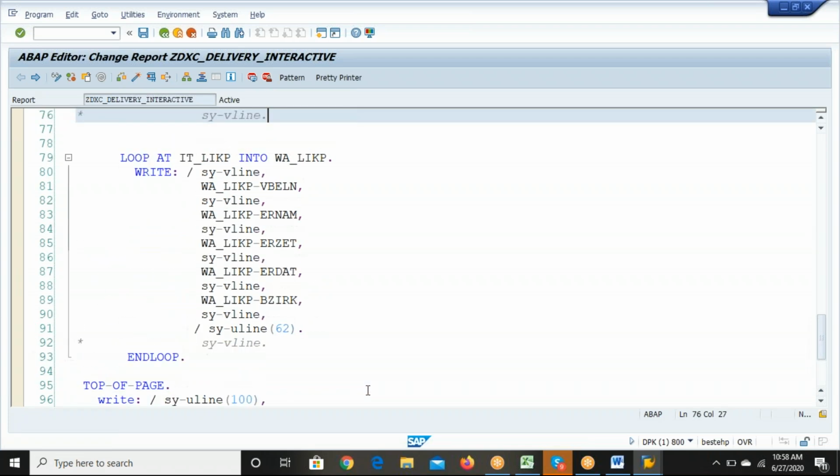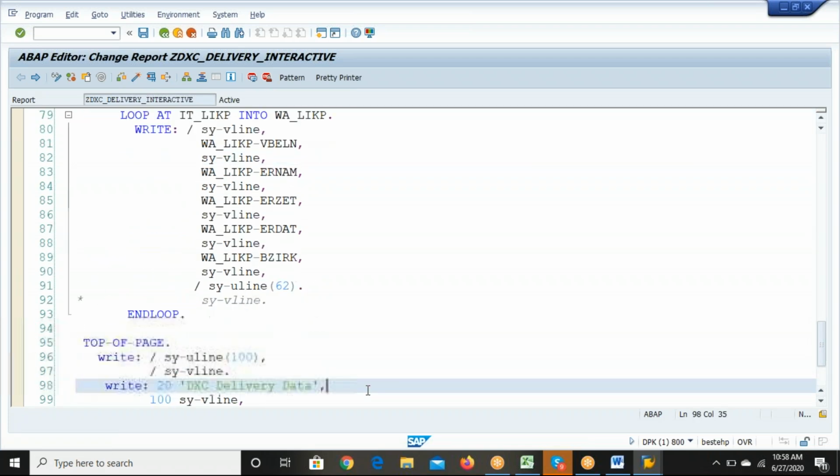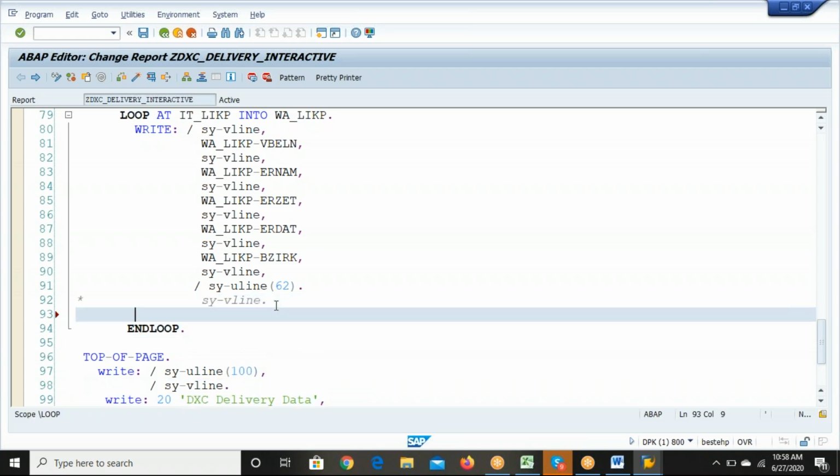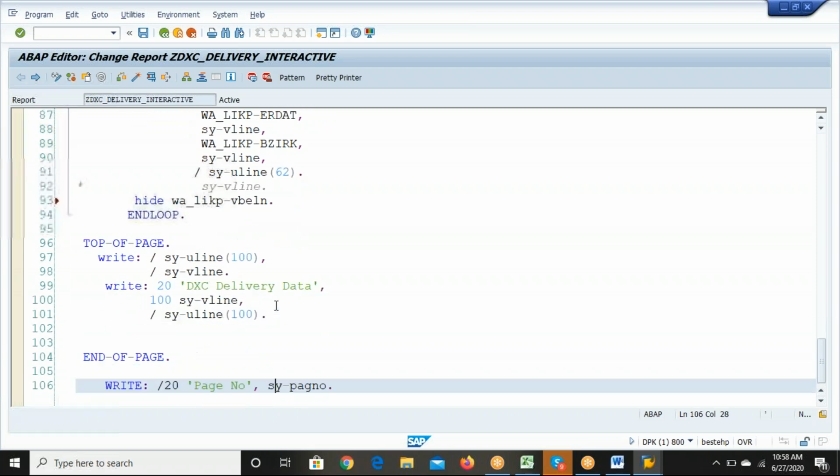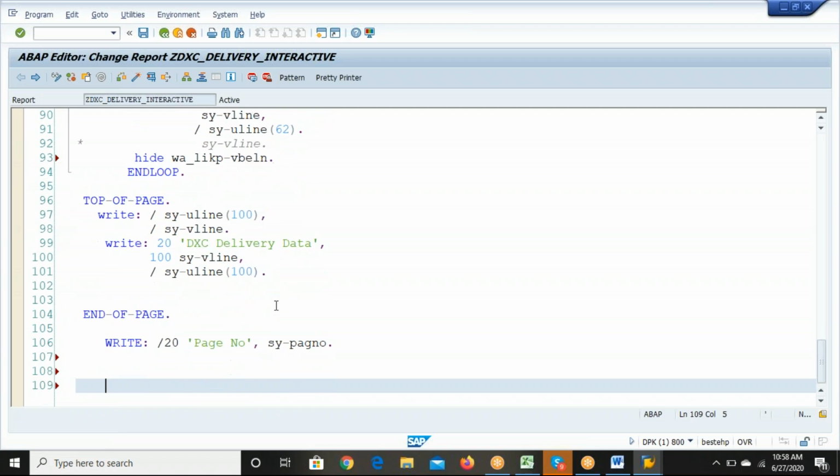So let's go for the interactiveness now. For making it interactive, the first thing we have to do is write the hide statement here. Hide the common field. Hide means we are not hiding; actually, we are saving it in the backend. So we are hiding it from the first table, likp-vbeln, and based on that we'll get the data from the second table. So at line selection,